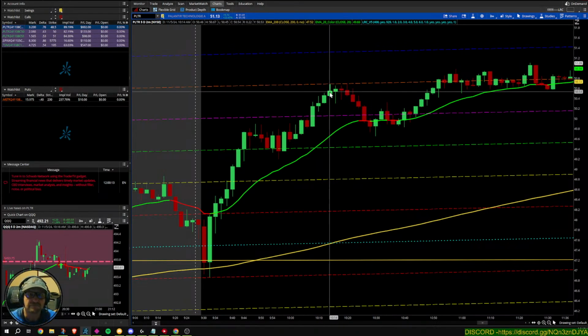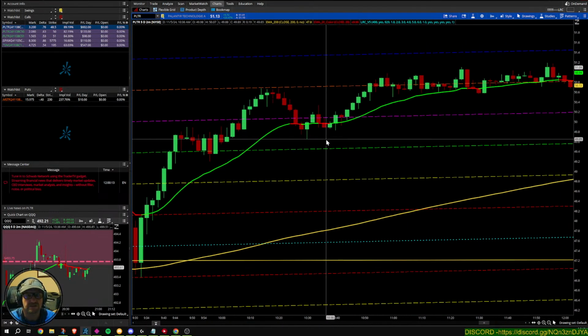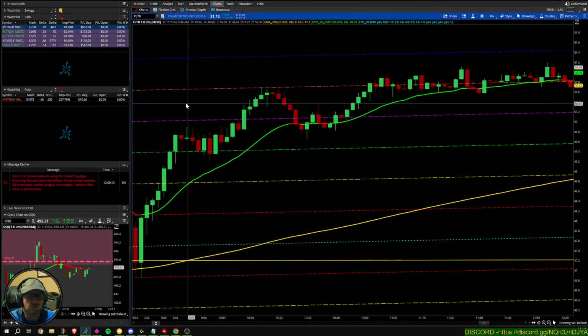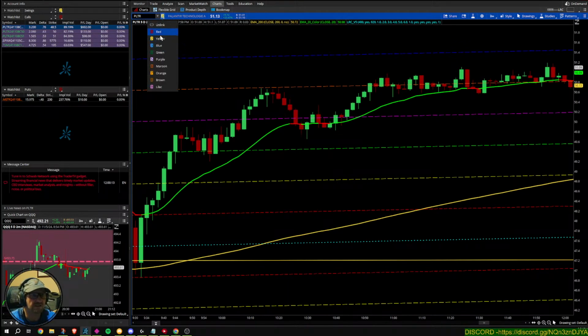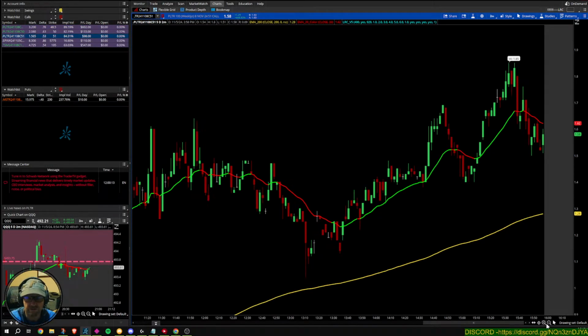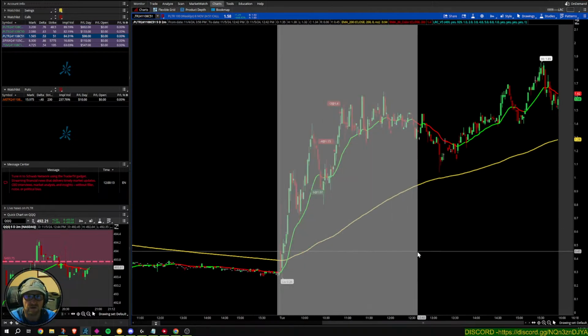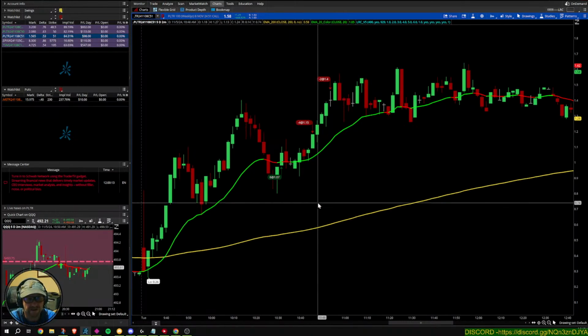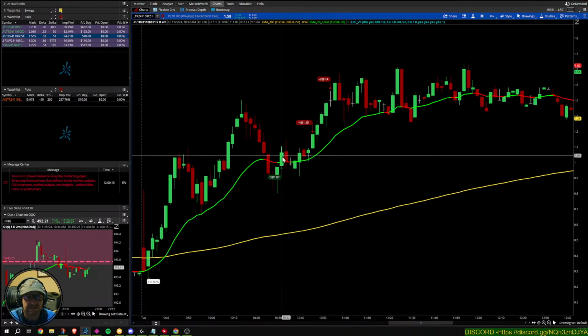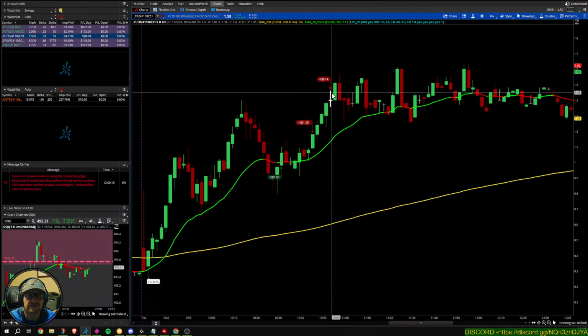Then I got back into PLTR once again over here. I'll take a look and see when I got in. This is the actual trade. I show my trades on my options chain. Oh, this is the one I bought 6 on. I only made $98 on the 6. So at 1032, I scaled out 4 at 1046, and I scaled out 2 at 1054.